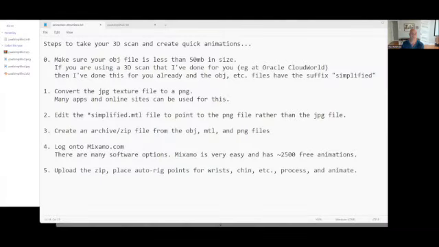I'm going to show you steps to take your 3D humanoid model and create some quick animations with it. We're going to use Mixamo animation software to do that. So the first step you'll want to do is to make sure your OBJ file is less than 50 megs